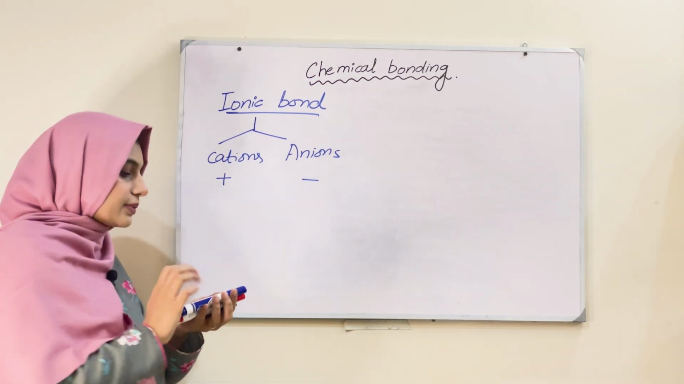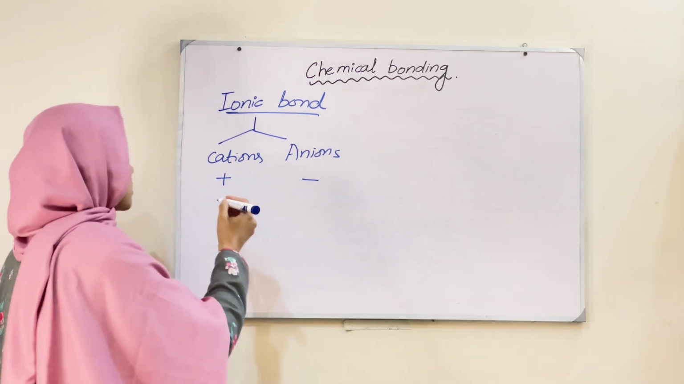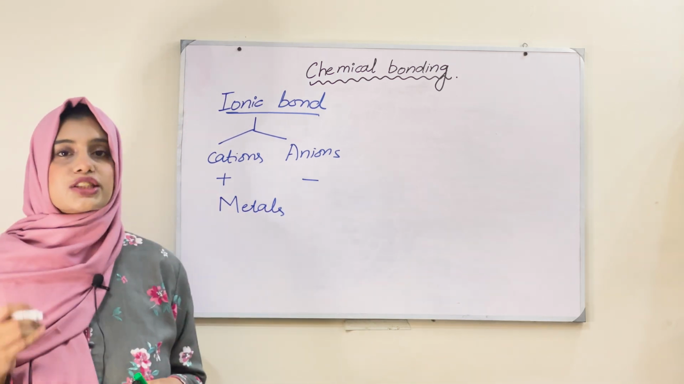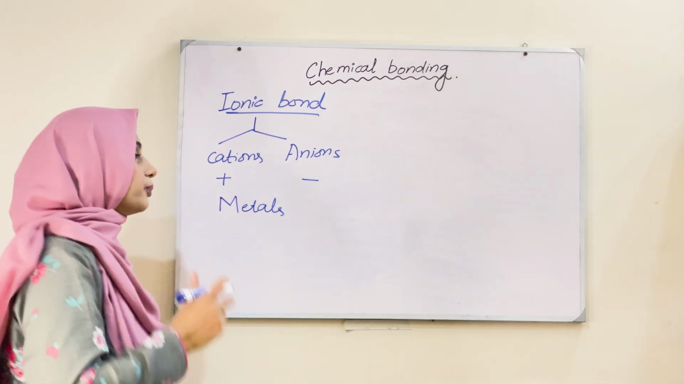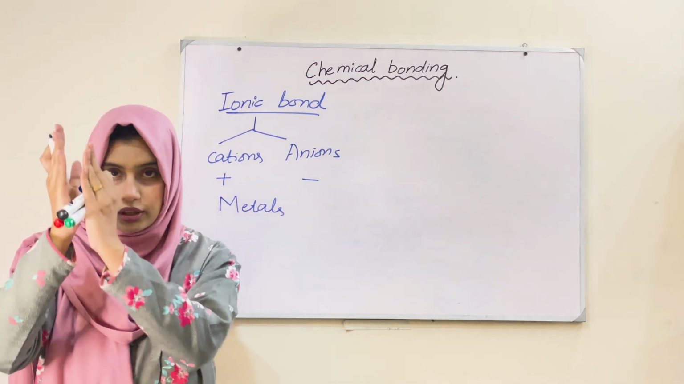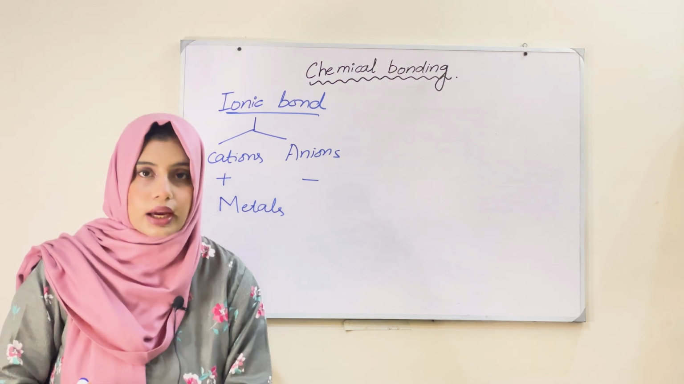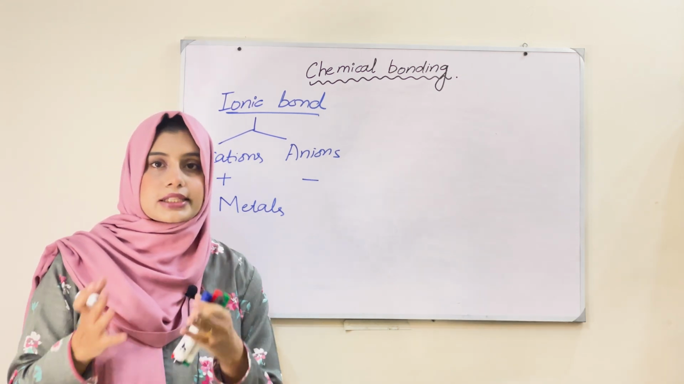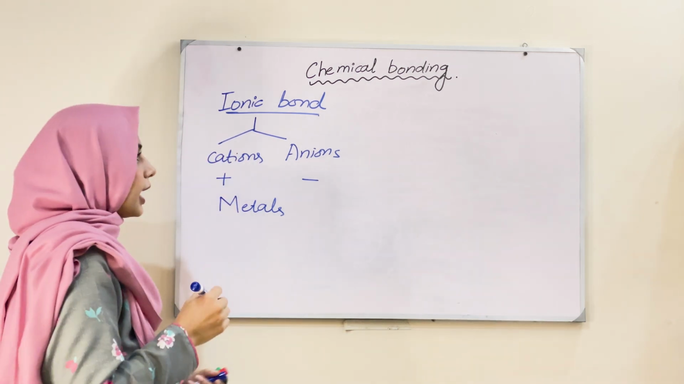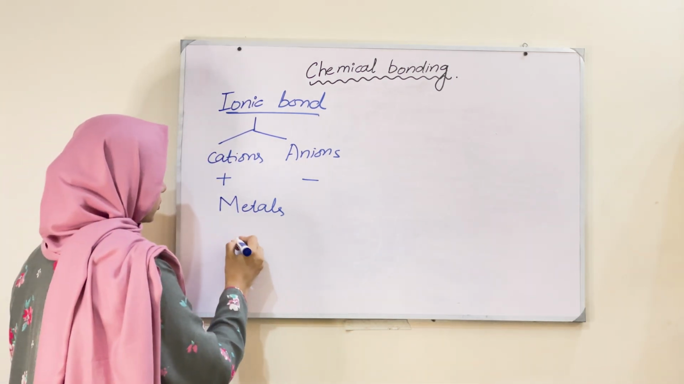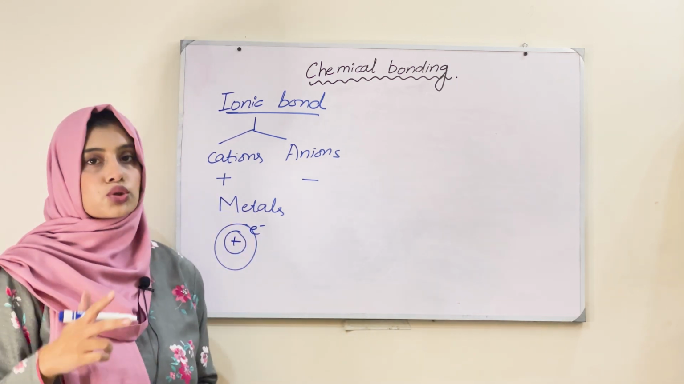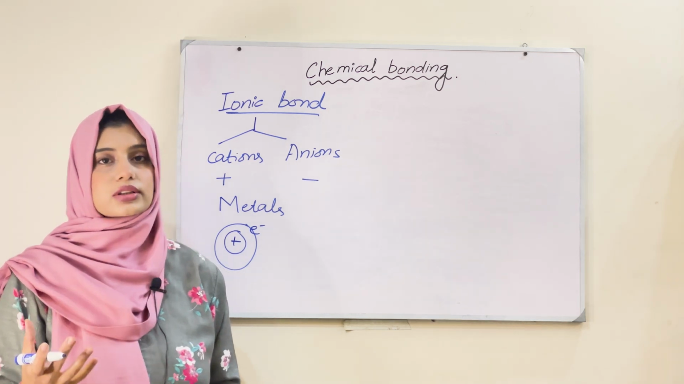So for cations, usually metals form cations. How? We know that in the periodic table, the first column is group 1 and it has alkali metals. The second one is alkaline earth metals, and then the third. So any element which has 1 electron in the outermost shell, which has 2 electrons in the outermost shell, and which has 3 electrons in the outermost shell,